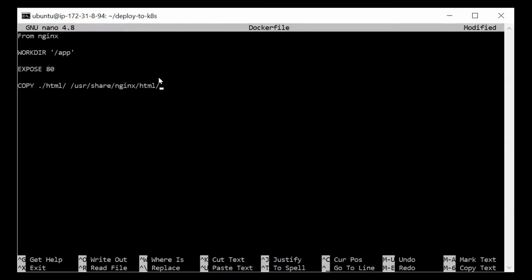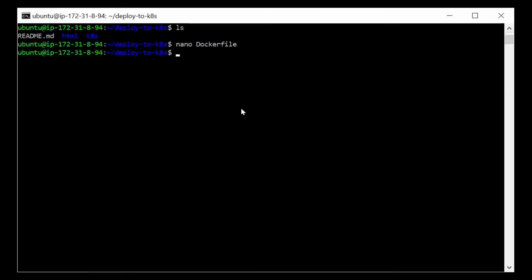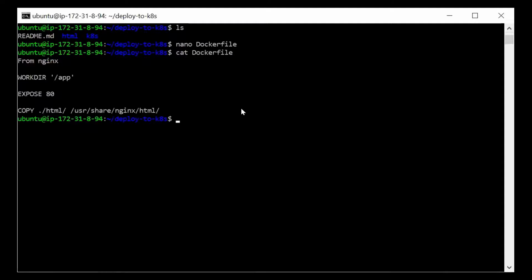Raw. Copy these lines. Paste it. Ctrl+X, Y. Cat Dockerfile. Okay. So we have successfully got the HTML files along with the Dockerfile into our current